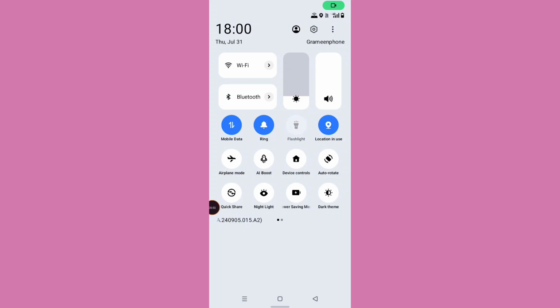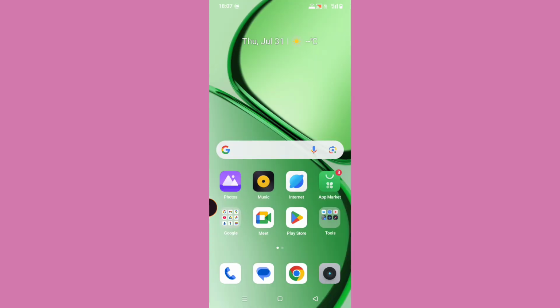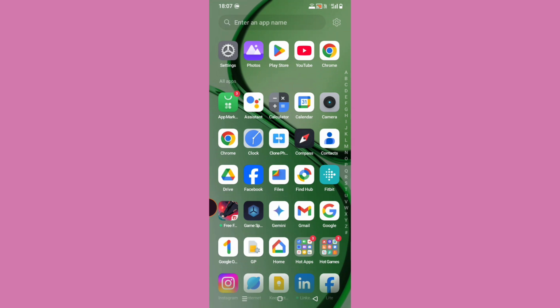Hey viewers, in this video I'll show you how to fix flashlight not working in Realme phone. So let's get started. First of all, you need to open settings. So find out settings. Here you can see settings, just open it